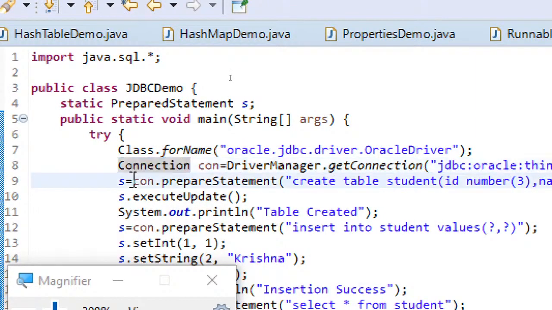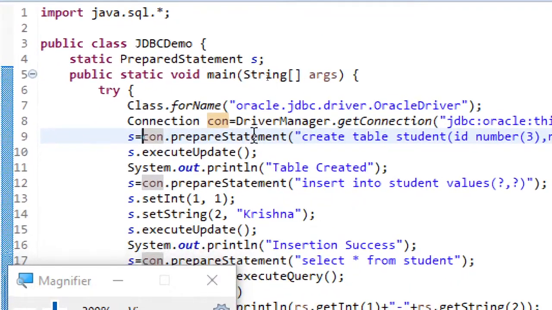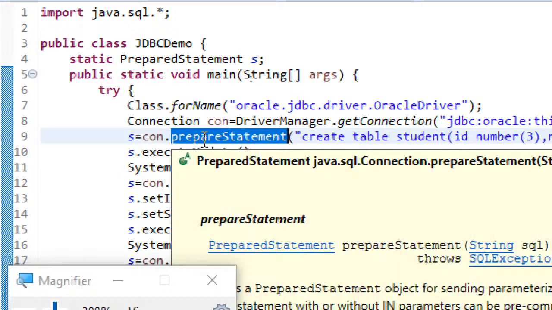And step 3 is creating the prepared statement or statement object. And as I said, as per industry standards, it's recommended to use the prepared statement as it improves the performance of the overall application compared to the use of statement. And then you can write your queries inside the prepareStatement method, and this prepareStatement method is from the connection, it's not from the statement.